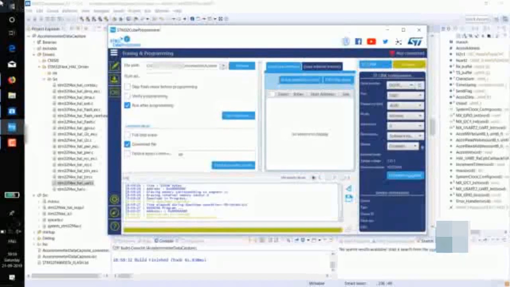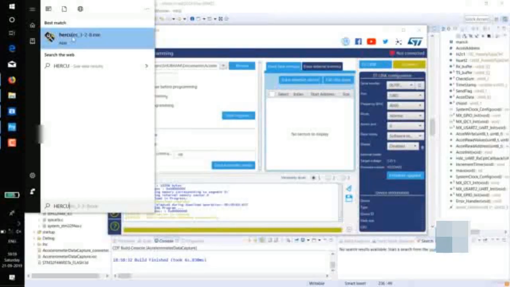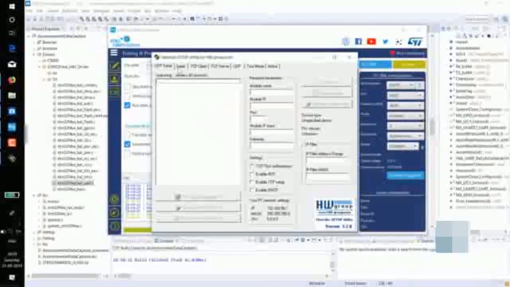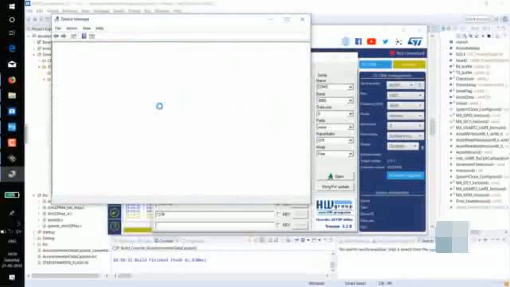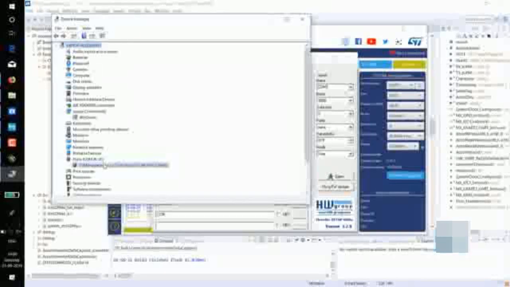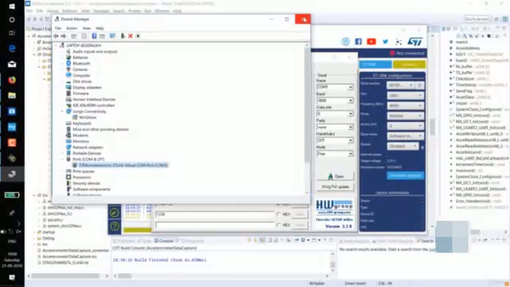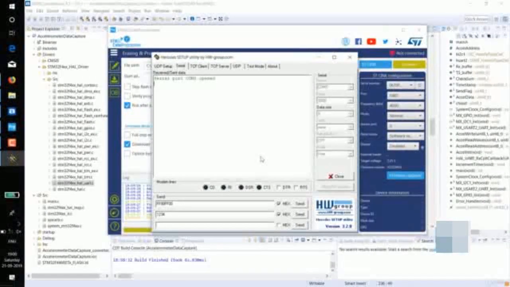disconnect the board and check it on the serial terminal. Check the COM port by going to the device manager. It's COM5. Open it. Firstly enable the hex,